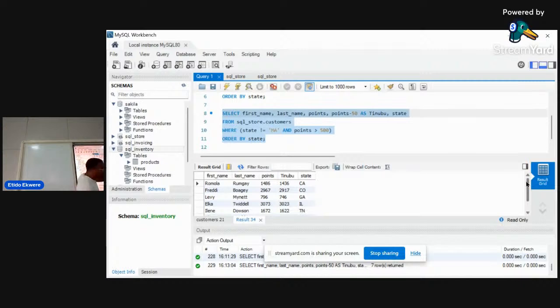Now, everything that did not come out here, if I put a not to this command, those things will come out. It means